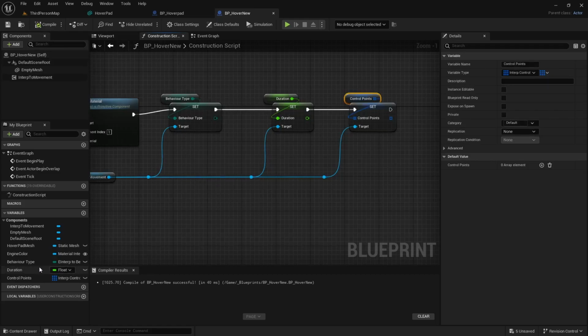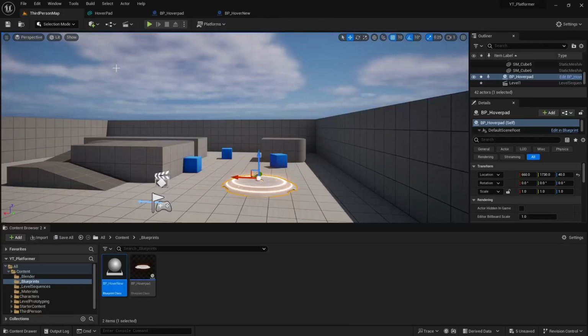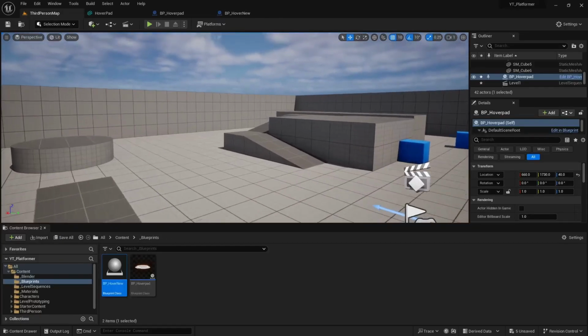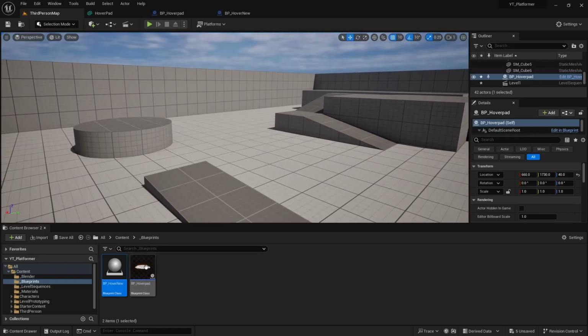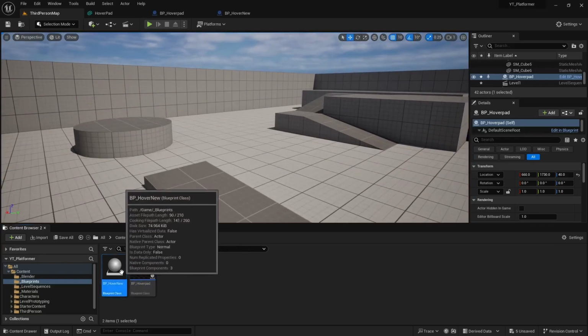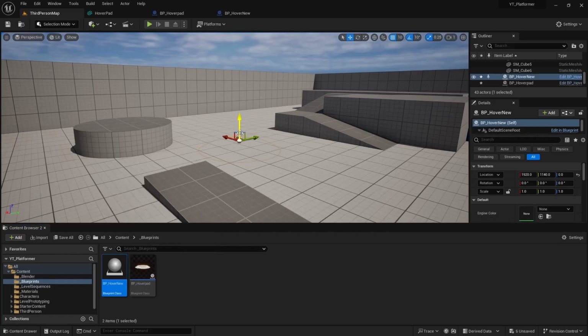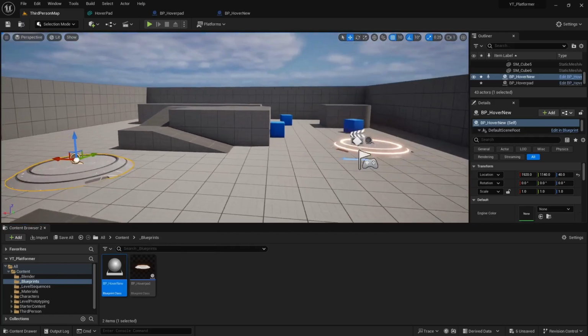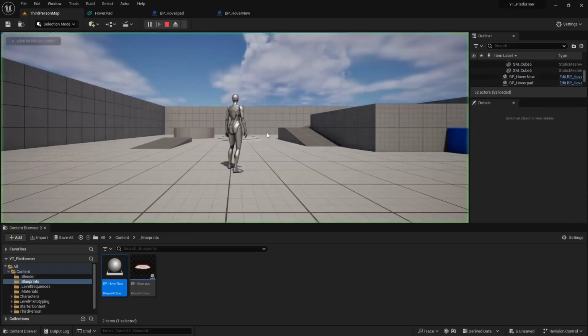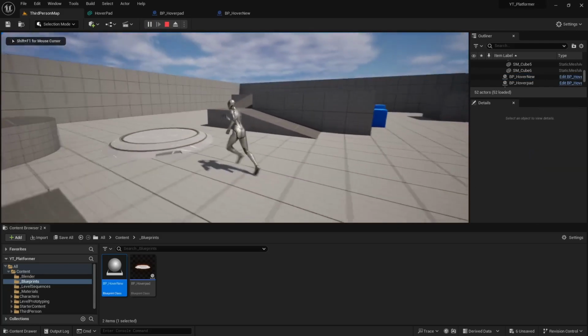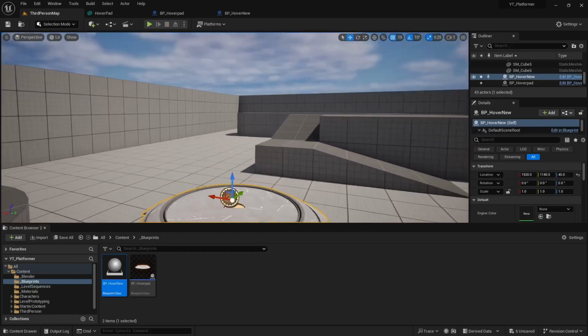And one other thing we want to do before we forget is I want to make the behavior type, duration, and control points editable from the main screen. So I'm just going to click on the little eyeball, compile and save. Now if I go back, all we have to do is add in our new hover pad, which is this one. You'll notice it doesn't have any color, and you'll also notice that it doesn't move. So what we can do is when you click on it,